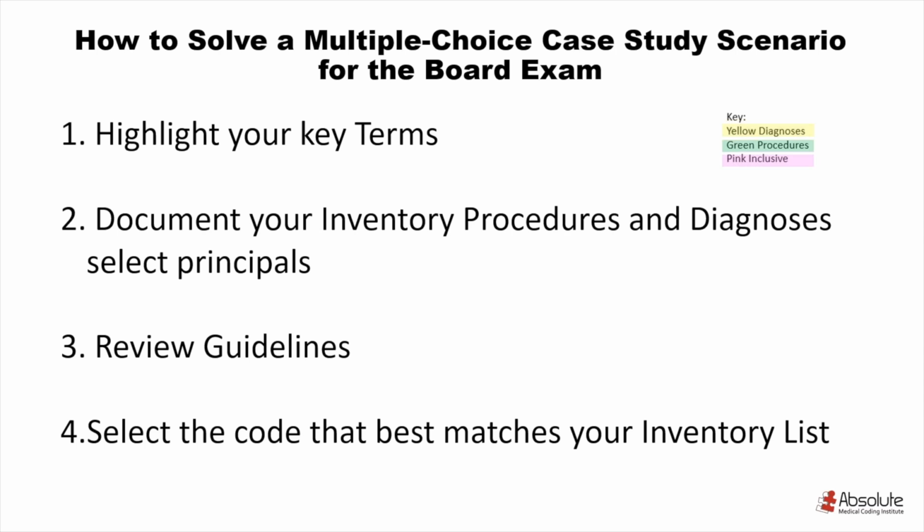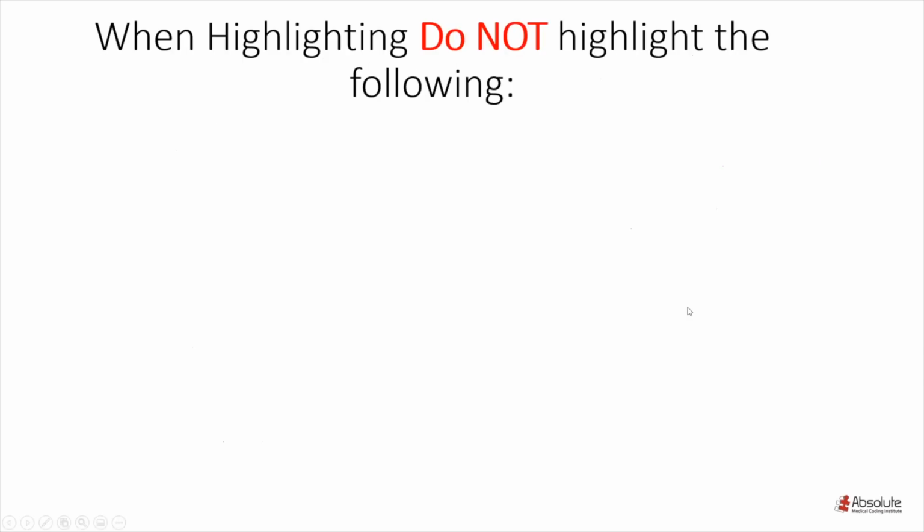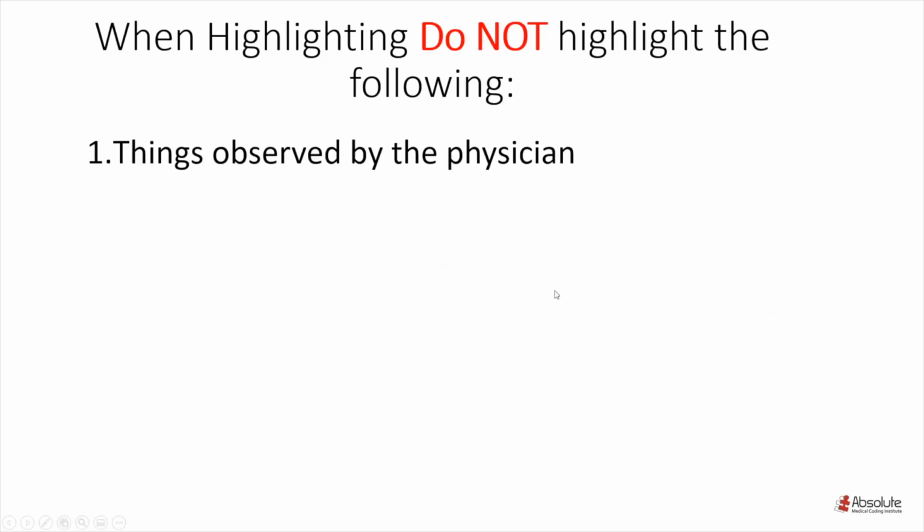Then select which are principal or first listed. In this case, I think first listed is more appropriate. Number 3, review guidelines. 4, select the code that best matches your inventory. Now, as we've gone through this group study, we've identified some things that you don't need